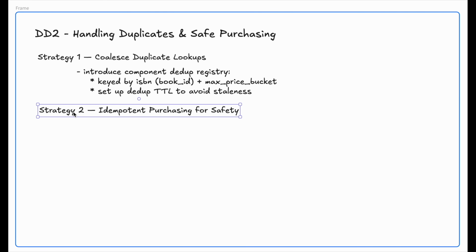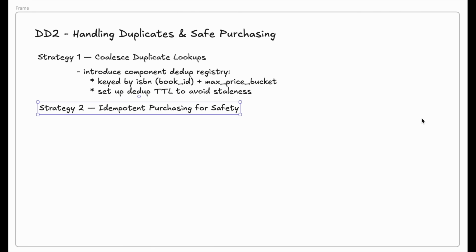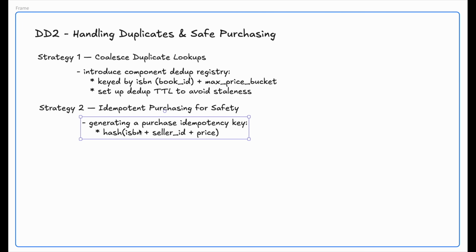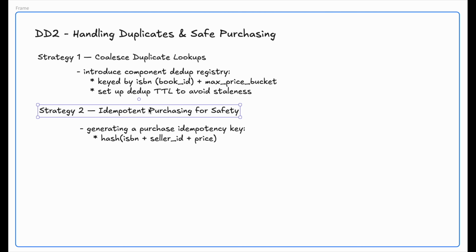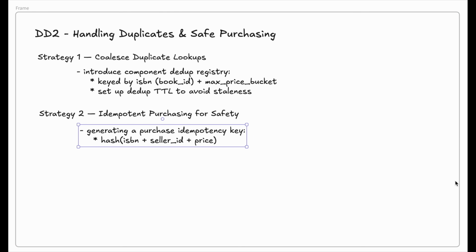Strategy number 2, idempotent purchasing for safety. So even after deduping the lookups, users may still end up trying to buy the same seller offer. So our second strategy ensures we never double purchase, while still allowing safe parallel buys when inventory is high. We start by generating a purchase idempotency key, like a hash of the ISBN, the seller ID, plus the price. If another worker is already purchasing the exact same offer, we simply reuse the result, success or failure, instead of